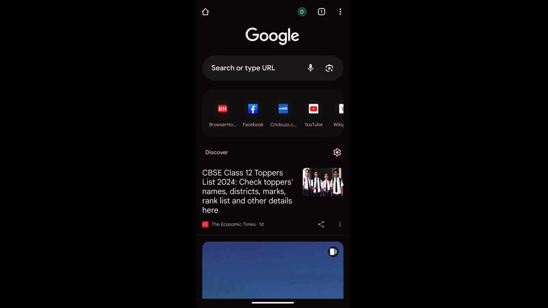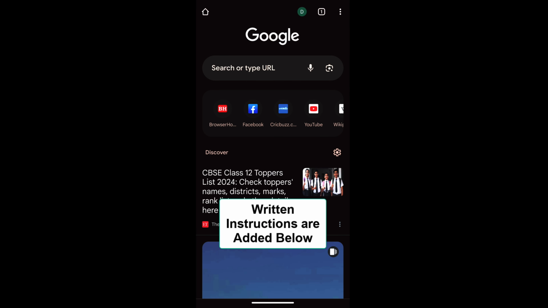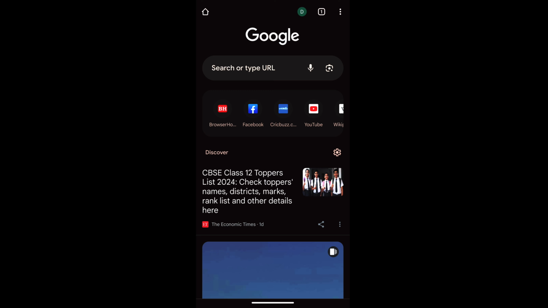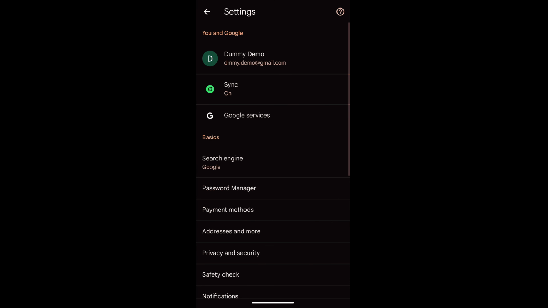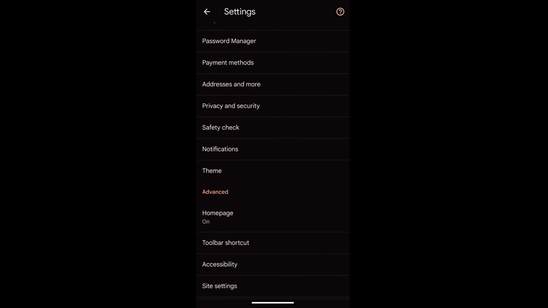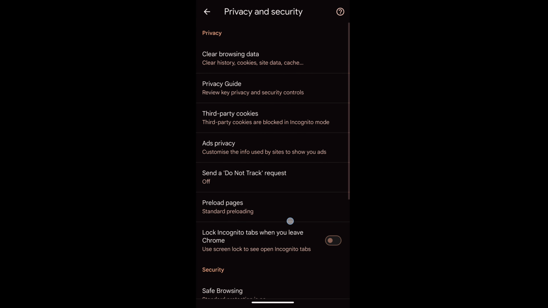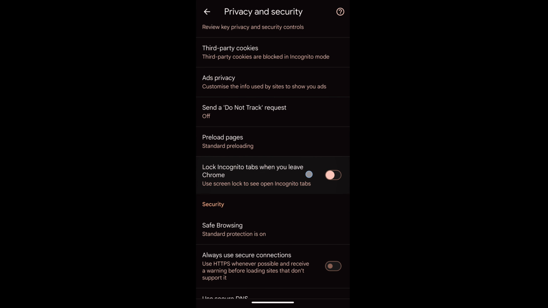Hello guys, in this video we are going to learn how to lock your incognito mode or incognito tab in your Chrome app on Android. For that, open the incognito first and then tap on this three dot option, go to settings, and within the settings if you go to the privacy and security, you have this toggle switch to enable or disable the incognito